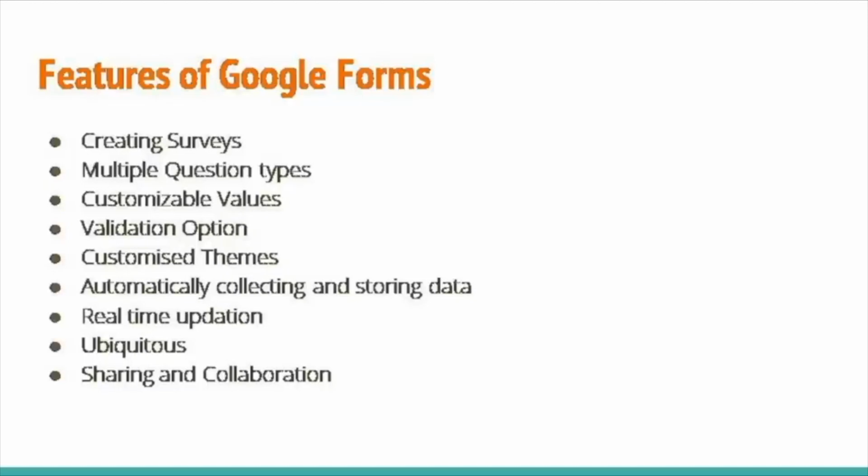Then comes the customized values. You can also customize the values of the responses too. Say, a form requires a contact number of somebody. A user can choose the option of numbers so that no wrong information could be filled up. In fact, in response validation, a certain condition can also be put up to avoid receiving false information. This feature is a part of validation to control data entry, so that the responses which you are expecting through the Google Forms can be validated and are correct to the information.